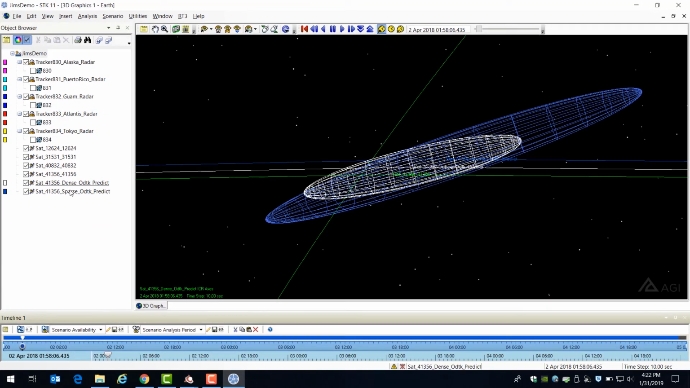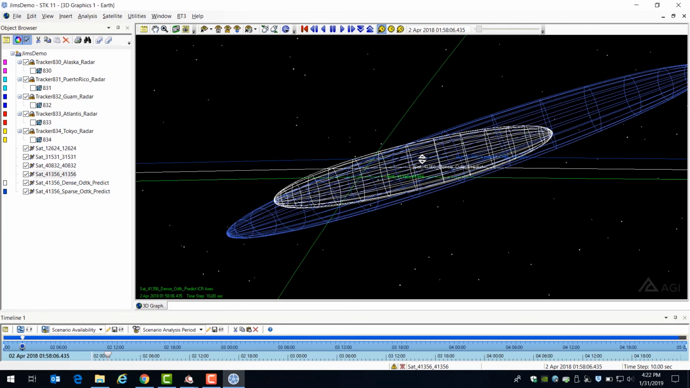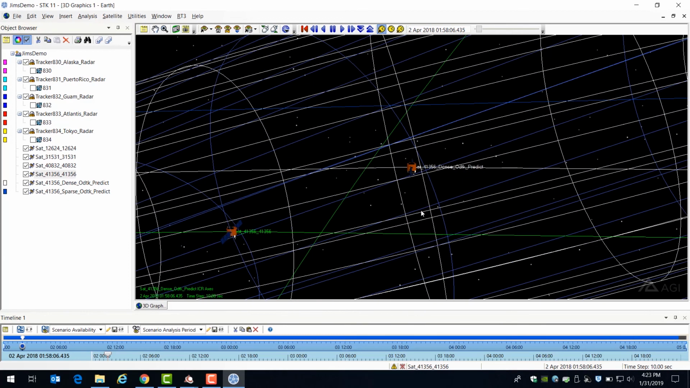So now I'm looking in STK, our Systems Toolkit. And I've created an object for the dense and the sparse tracking, and I've pulled those ephemeris files in. And when ODTK produces an ephemeris file, it provides a covariance ellipsoid, or covariance data, that we can visualize in